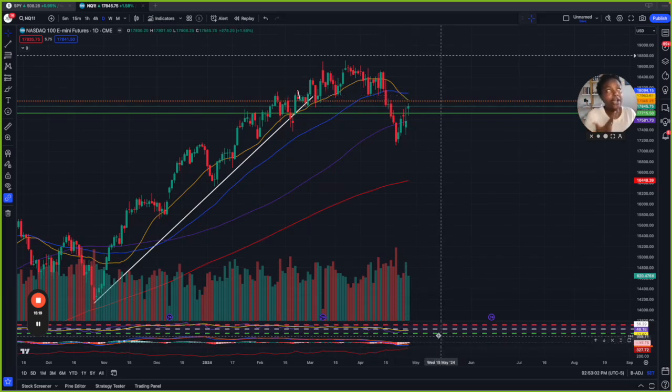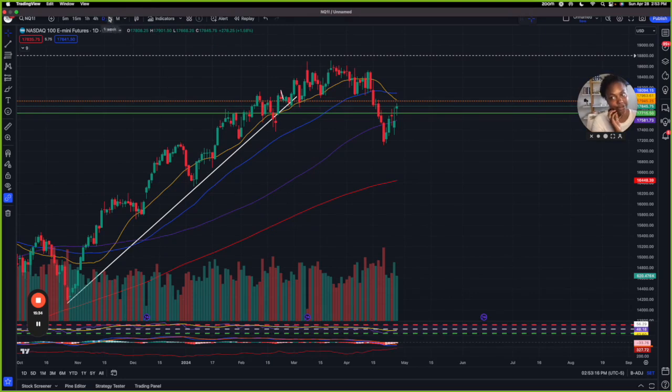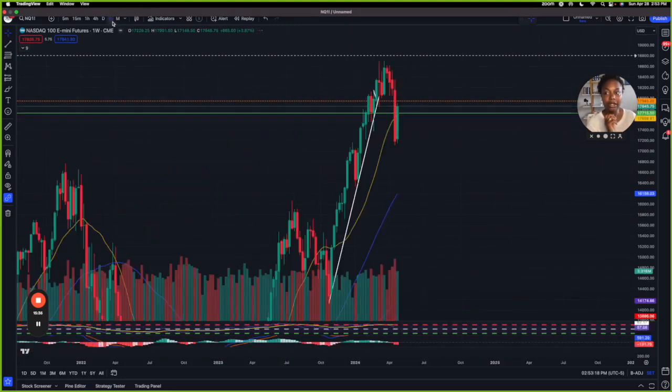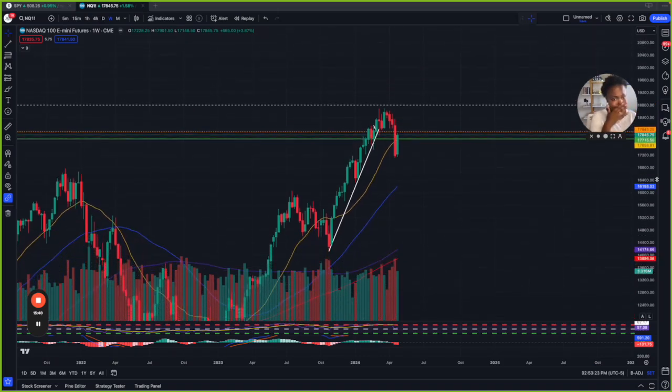Okay, and y'all know how I feel about the volume. You have to look at it every time that you look at the candle. You look at this candle, you bring your eyes down to the correlating volume bar. And when I'm looking here, I see that the volume decreased a little bit on Friday. Got my eyes on it. We come back and we look at it on the weekly. Again, I see an inside bar, a bullish inside bar.